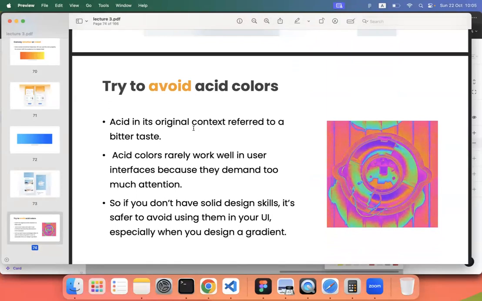And these are some things you should avoid. You have to avoid acid colors. Acid in an original context referred to a bitter taste. Acid colors rarely work well in user interfaces because they demand too much attention. So if you don't have solid design skills, it's safer to avoid using them in your UI, specifically when your